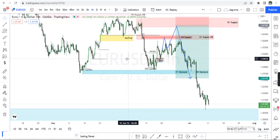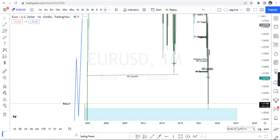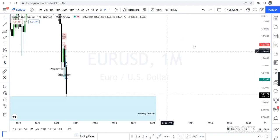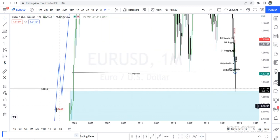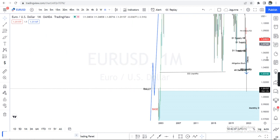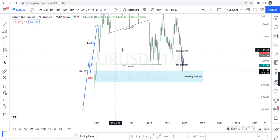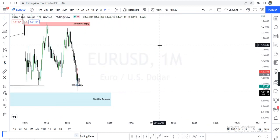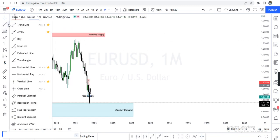And then when you look at what we should be anticipating in EU from the monthly, price is already reacting here in the monthly demand zone. We have this base rally. Based on some courses I've learned from and a lot of other things I've watched, when we have things like this,